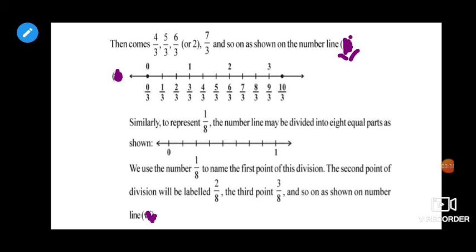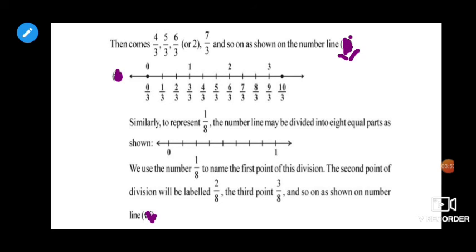So if you get a question to represent rational numbers with different denominators on the same number line, first convert the rational numbers into the same denominator by taking the LCM. I already told you how to convert that. So convert that, then represent on the number line. Now here there is no such issue. Here we have the same denominators, all are 3. So each and every unit should be divided into 3 parts.